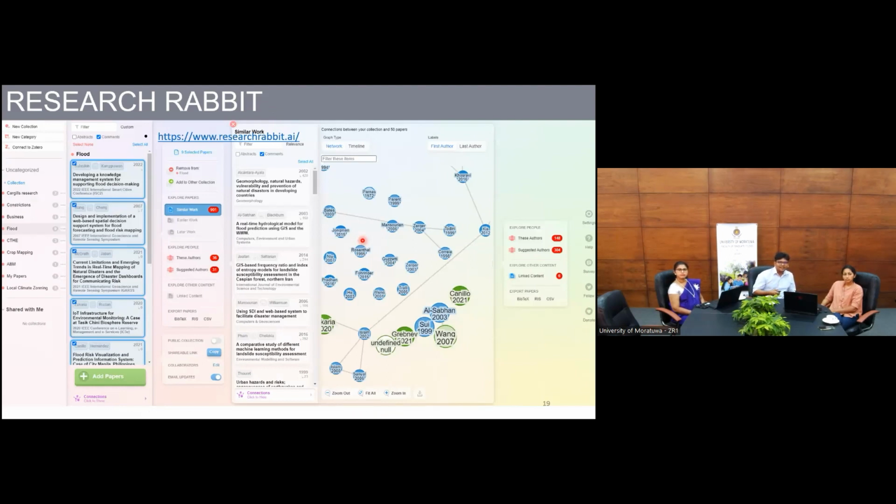You have to create an account here as well. The same goes with the previous one. But here, as the name suggests, it's a rabbit hole. If you start going in a spiral motion, it will take you more and more into different tangential topics, and it will be a research rabbit. So you have to be very careful where to stop, and you need to know where your scope is.